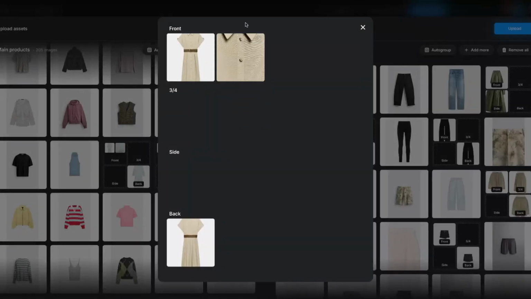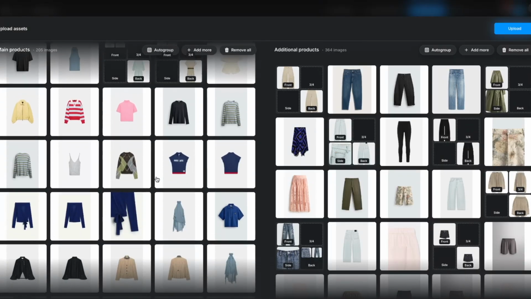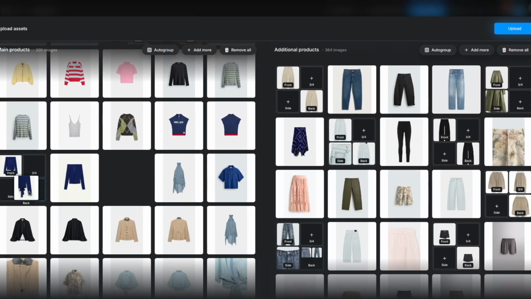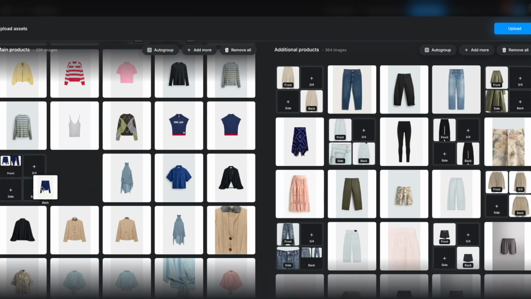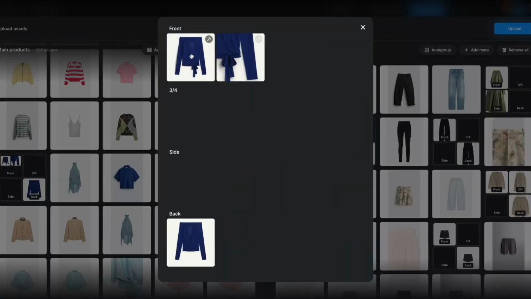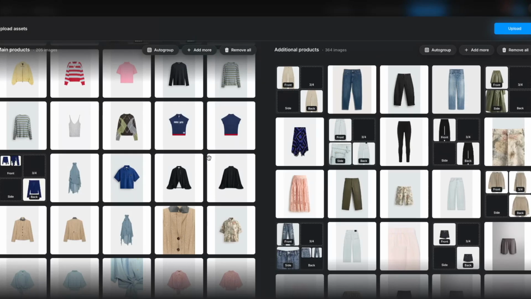So on the front. Because again, if this is the detail that is only visible on the back, this is the detail of the pocket of the jeans, just drag and drop it on the area of the back of your SKU. That is important. And again, please spend some time here, group everything together, because the accuracy of the generation will really depend on